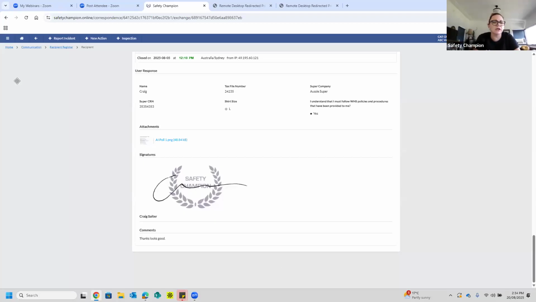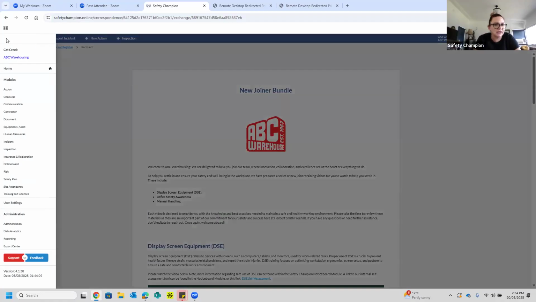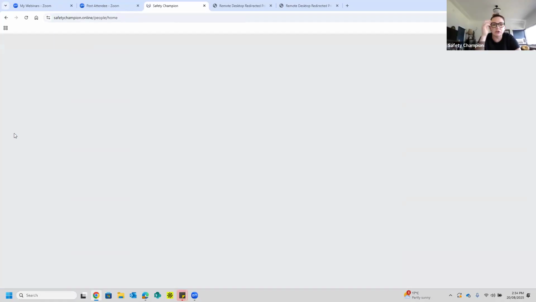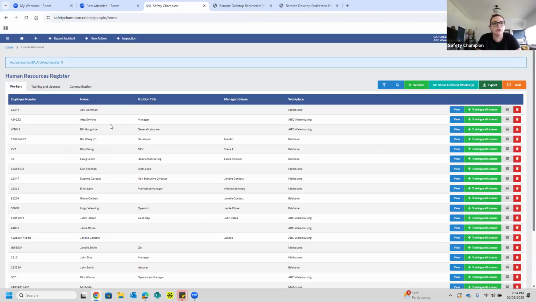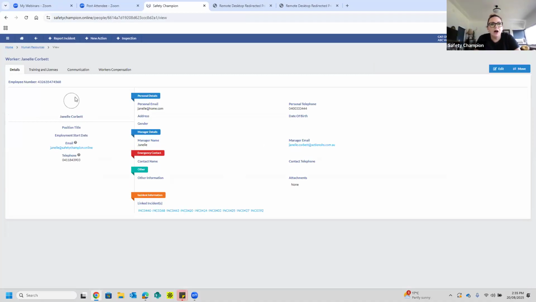So I'll quickly show you in that HR record exactly what I'm talking about. And I know we're not really talking about HR, but it does link here. So when I look at an employee, I can see their employee details. This also really comes into play with the reporting in our system. So the more content you have in regards to your employees, like date of birth, position, maybe even gender, those types of things, when we're reporting on incidents,